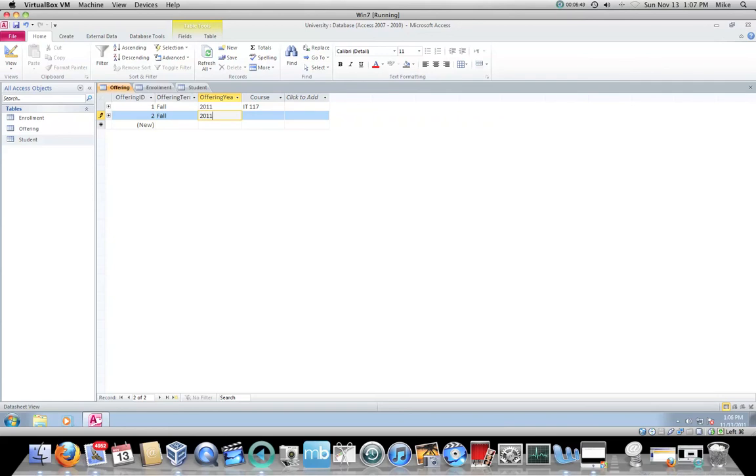I keep hitting the wrong keypad. And this will be IT, say 120. Okay, so I've got 2 offerings. So now the reason I wanted to put in offerings with courses is because now I'm going to go into